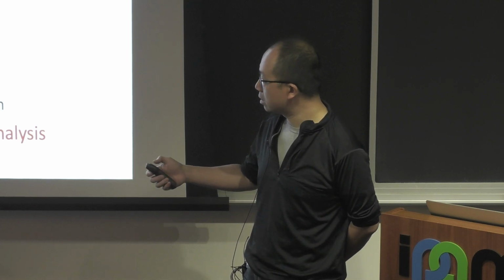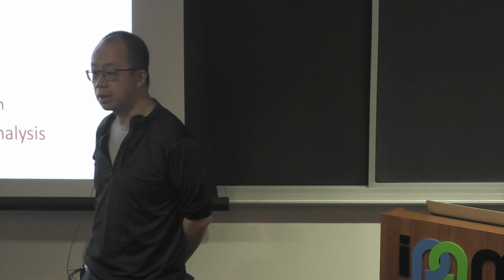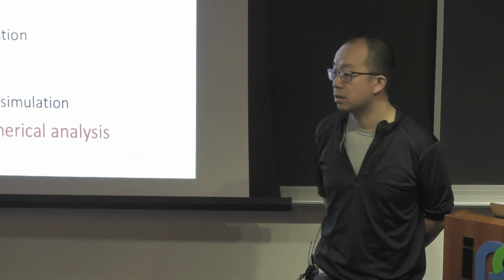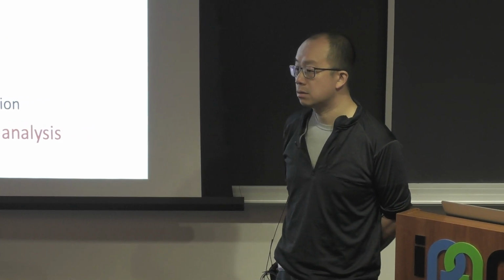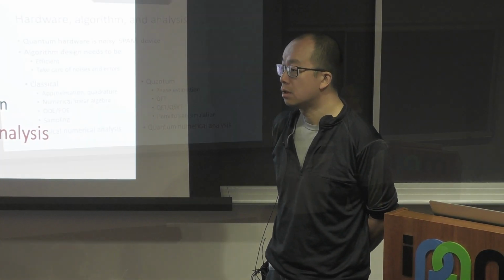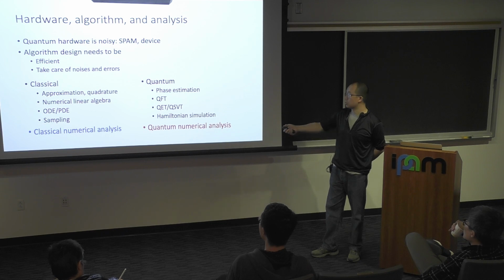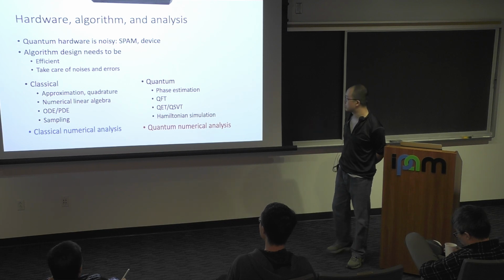But if you take a look at the recent developments in classical numerical analysis, which are very much influenced by parallel computer architecture and also deep learning, like the NVIDIA graphics chips, a lot of emphasis has been put on parallelization and vectorization, and how you leverage the parallelism in the hardware architecture. This is what has happened, and is still happening, in classical numerical analysis. But the same picture is also happening in quantum.